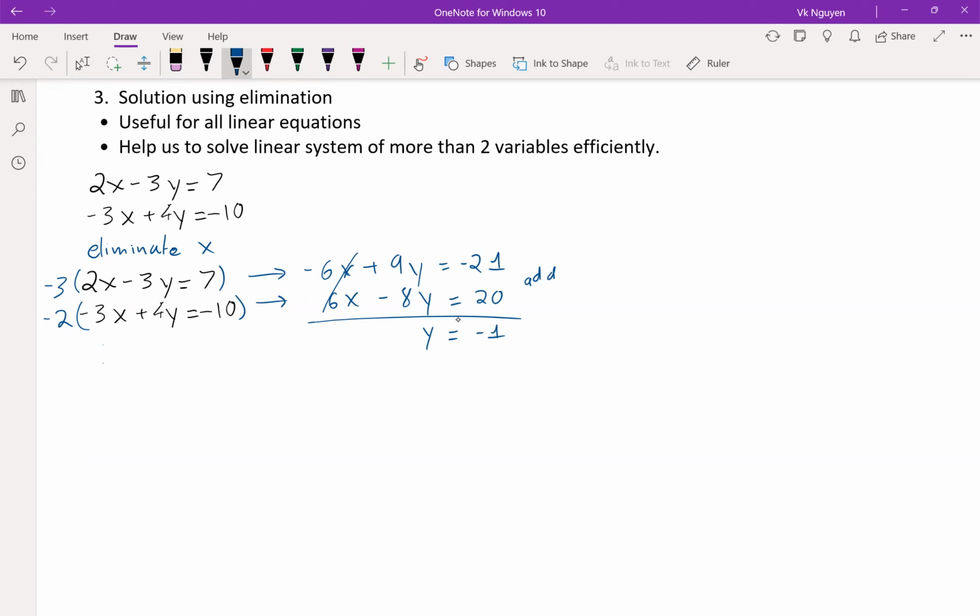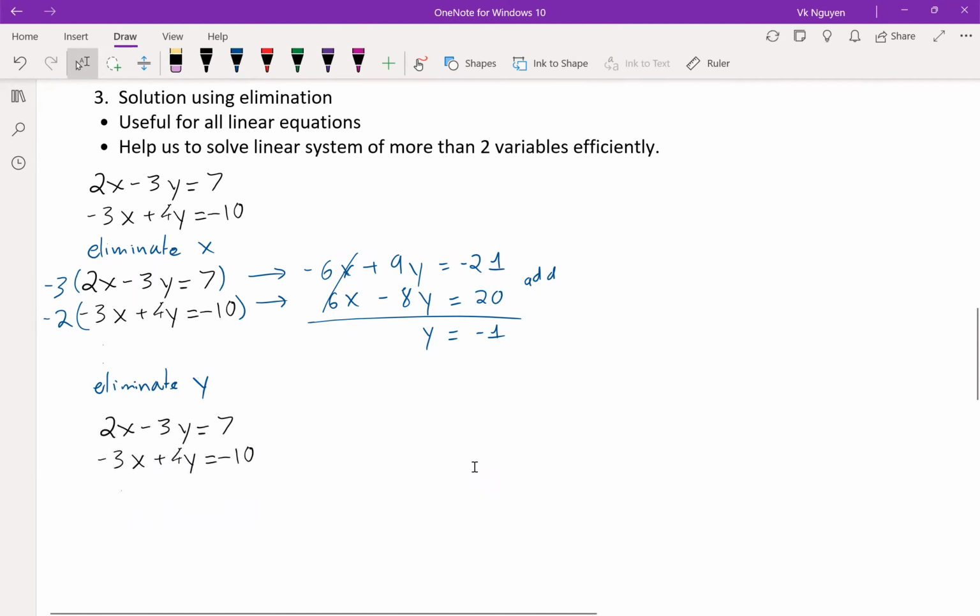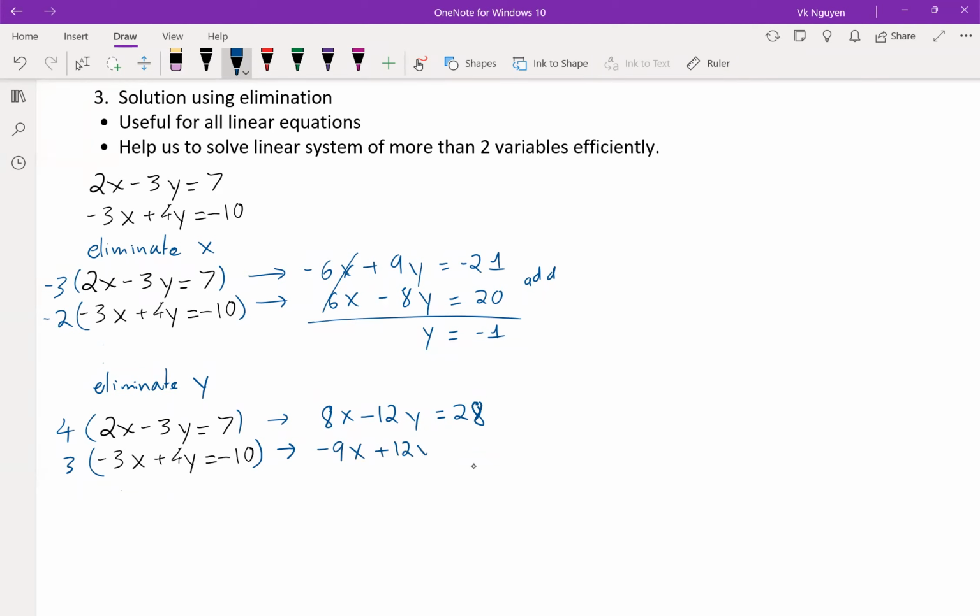Similarly, we can eliminate y to solve for x. Using the same trick, we're going to multiply the first equation by the coefficient of y in the second equation, 4. And then multiply the second equation by the negative of the coefficient of y in the first equation, 3. Distribute 4, 8x minus 12y equals 28. Distribute 3, negative 9x plus 12y equals